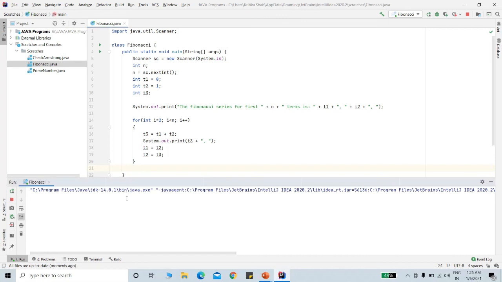Let's give the value as 10. So we can see the Fibonacci series for first 10 terms is 0, 1, 1, 2, 3, 5, 8, 13, 21 and 34. So we have successfully run our code.